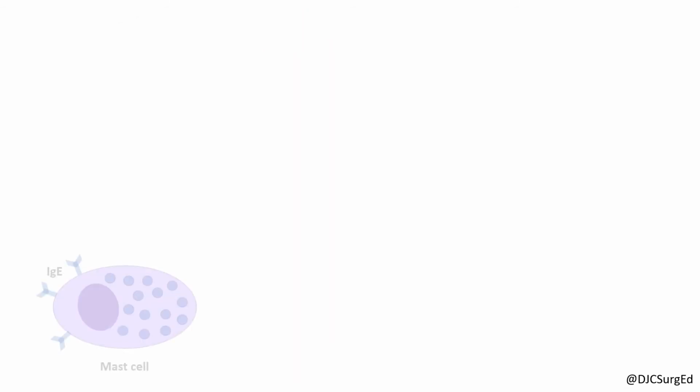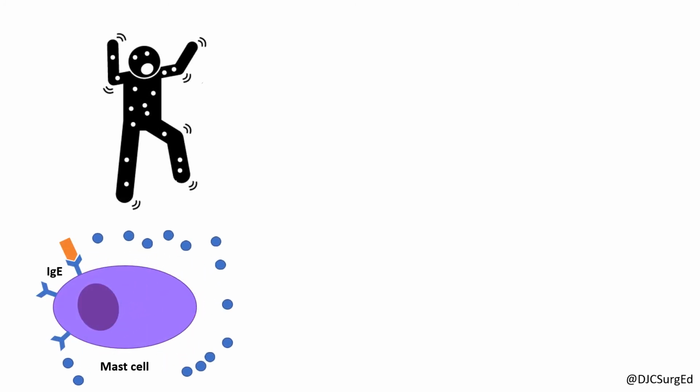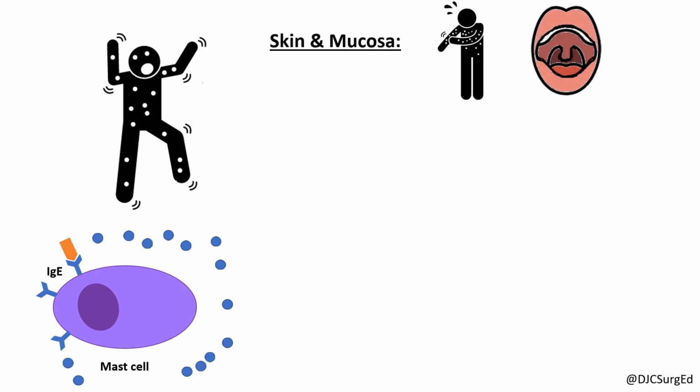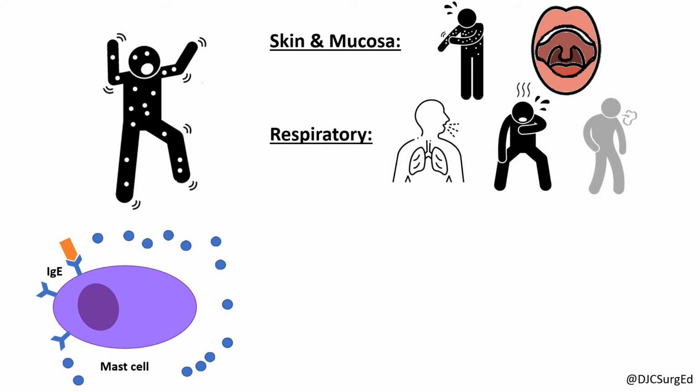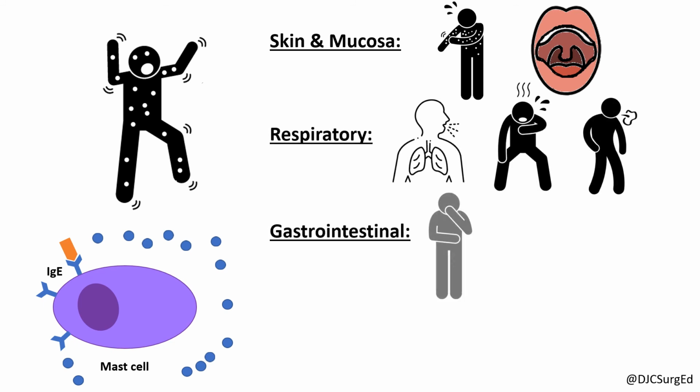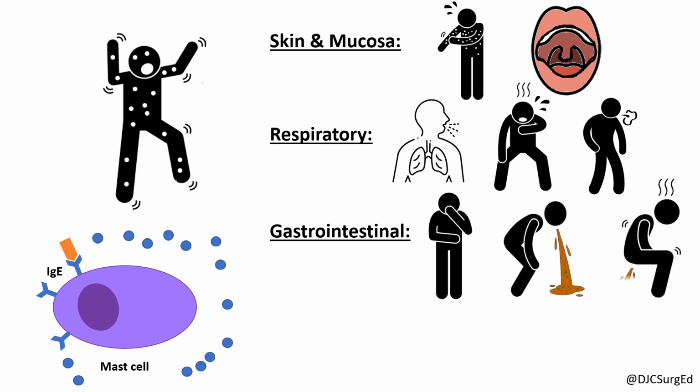Anaphylaxis is an acute, life-threatening multisystem shock caused by sudden release of mast cell mediators into systemic circulation. Signs and symptoms can include skin and mucosal involvement, including hives, itching or flushing, perioral swelling and angioedema, respiratory symptoms including stridor, dyspnea, wheezing, and coughing, GI symptoms including nausea, vomiting, and diarrhea, and cardiovascular collapse including